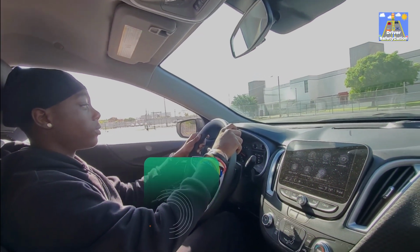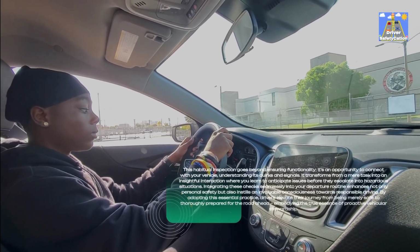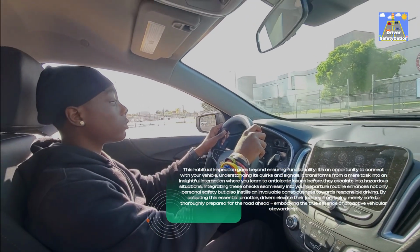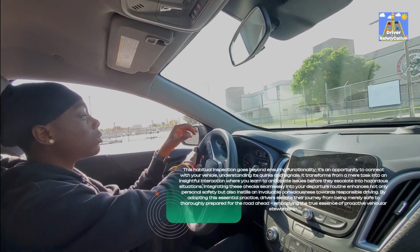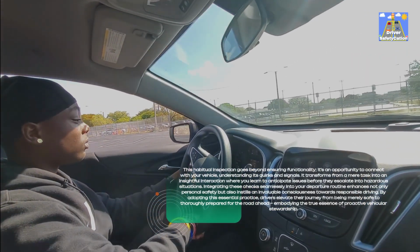This habitual inspection goes beyond ensuring functionality. It's an opportunity to connect with your vehicle, understanding its quirks and signals. It transforms from a mere task into an insightful interaction where you learn to anticipate issues before they escalate into hazardous situations. Integrating these checks seamlessly into your departure routine enhances not only personal safety but also instills an invaluable